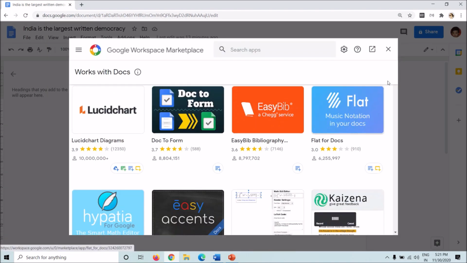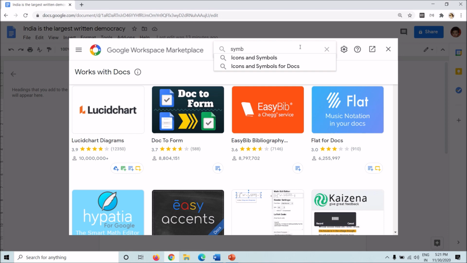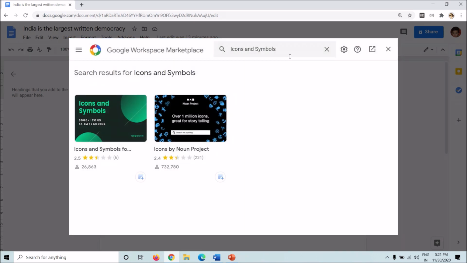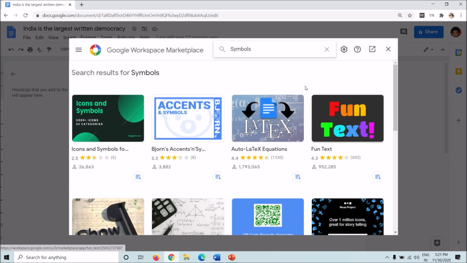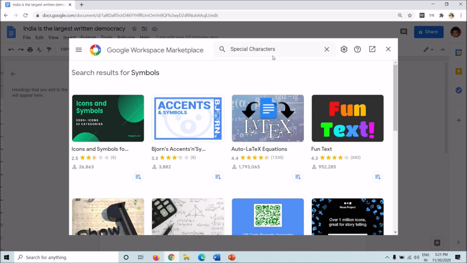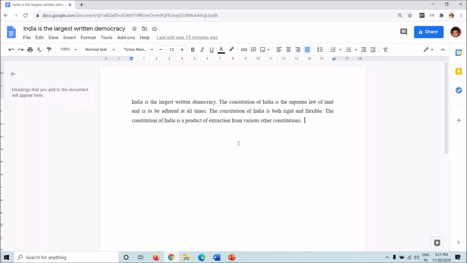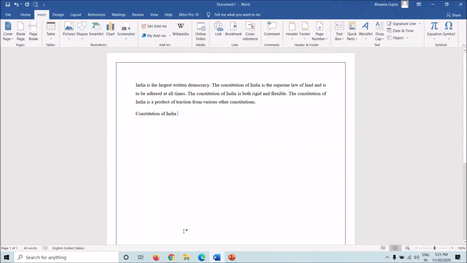It's up to you. Search for it. There are options, and after that choose. You want special characters, symbols, up to you, add-ons. But the problem is that these add-ons are usually not that great, and they create a lot of problems.